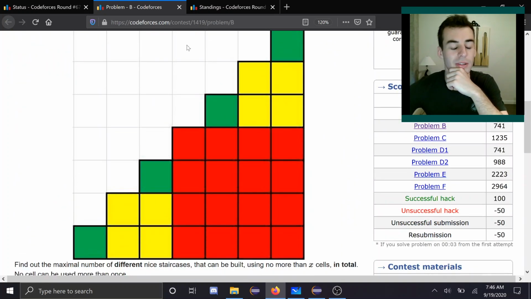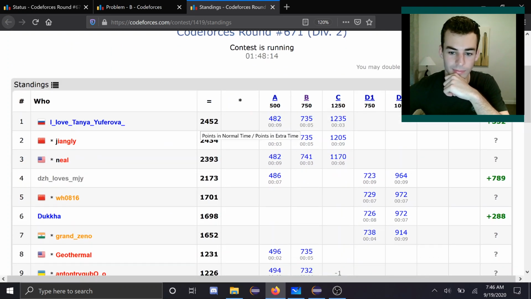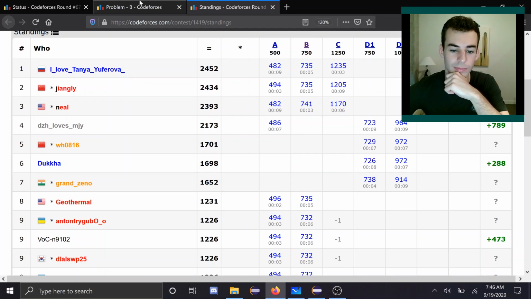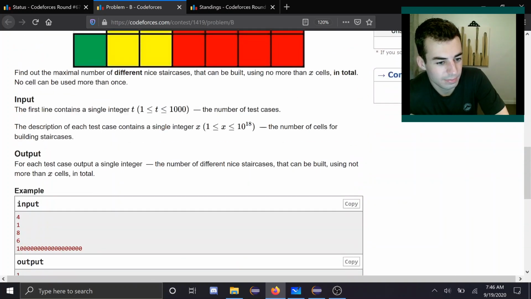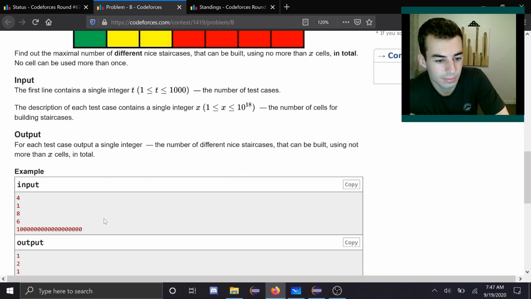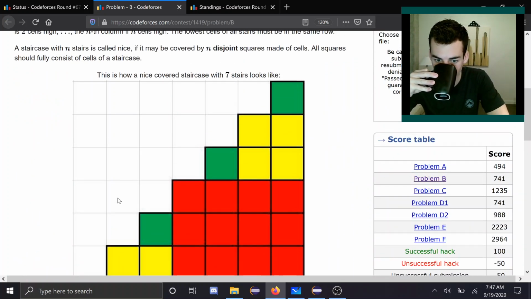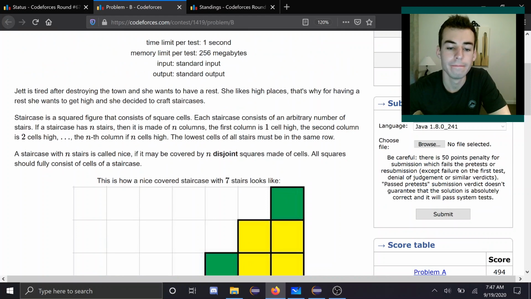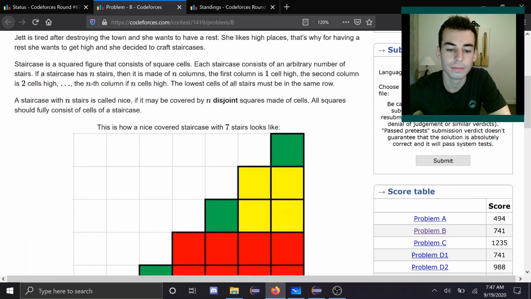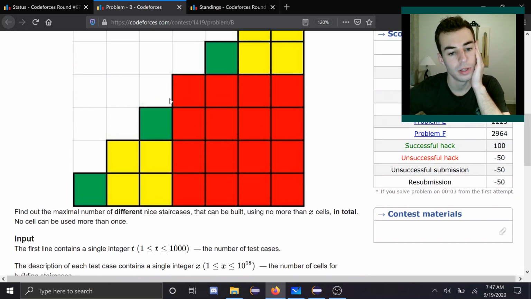This is a Div2 round, man? Yikes. Okay. Yeah, so clearly not that many. If we can build one staircase, or I guess we just try all of them, maybe. So if you place